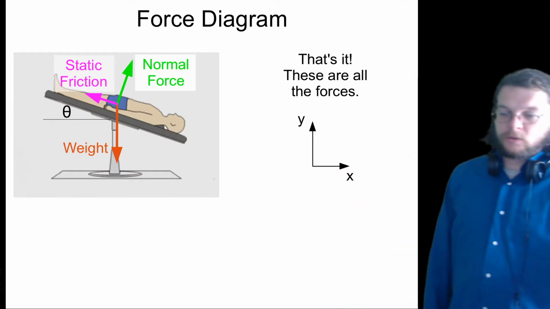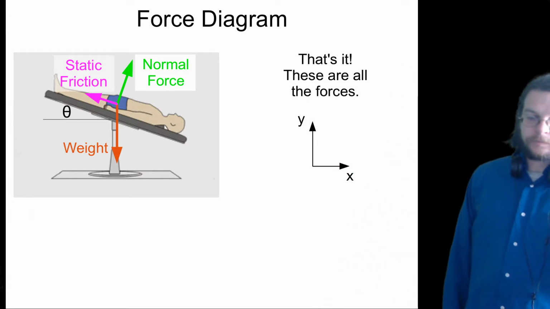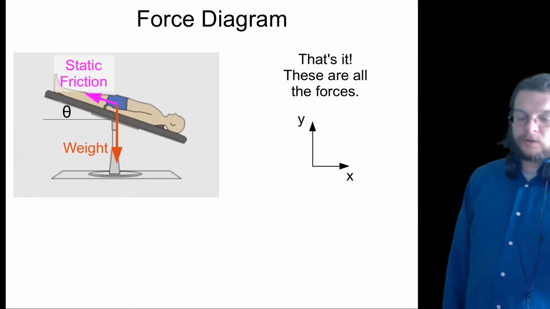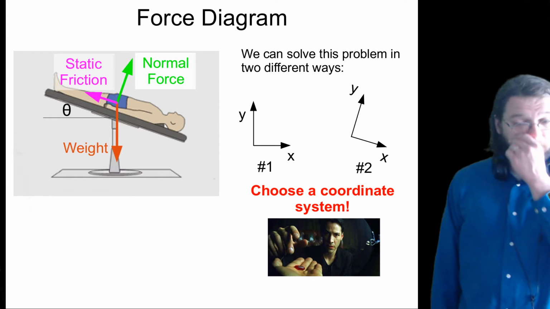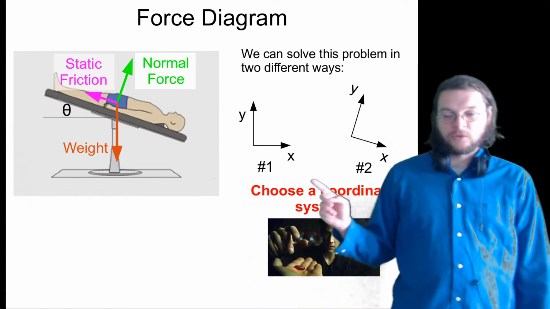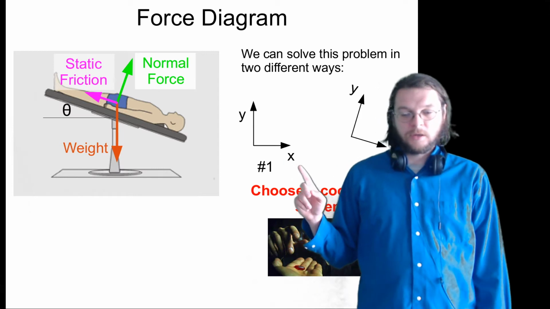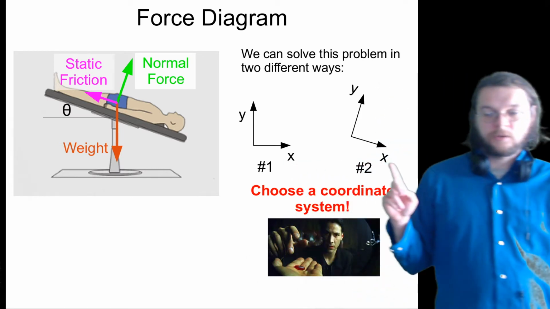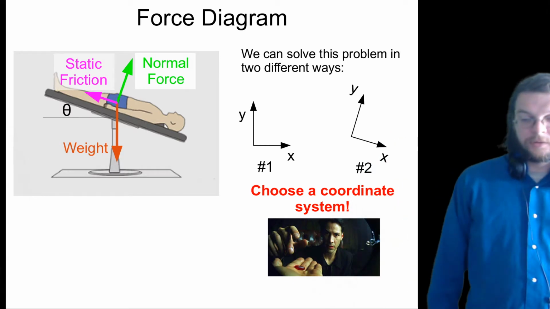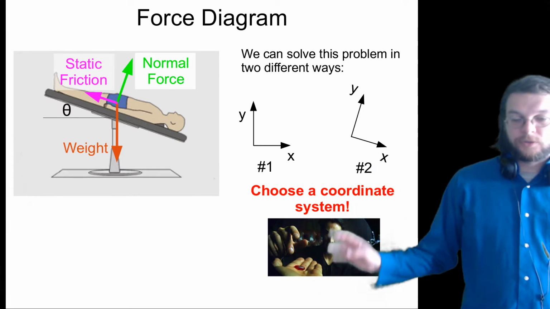So we've got a coordinate system here. We can think about these things. There's actually two different coordinate systems that we could potentially use. And what I'm going to do is I'm going to do the problem both ways. And so I'm calling this the untilted coordinate system, and this is a tilted coordinate system. And you can do it either way you want, but I'm going to show you how to do it